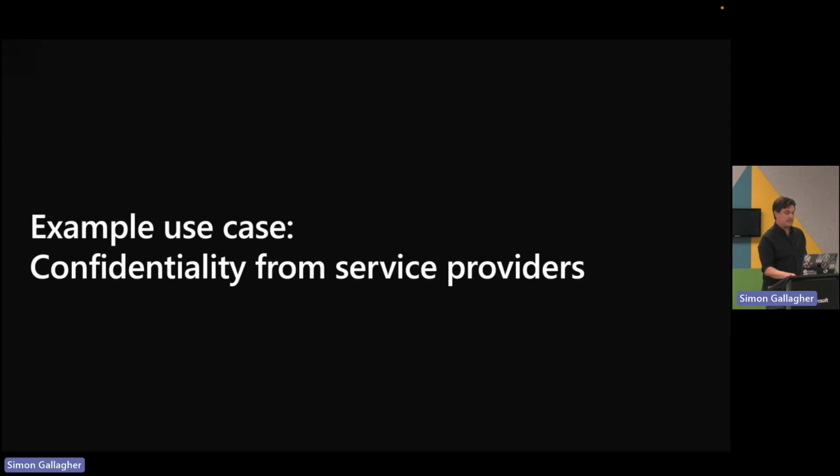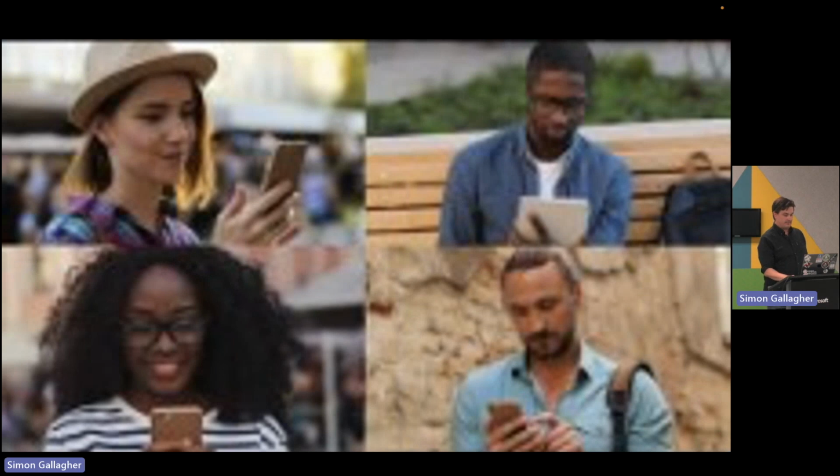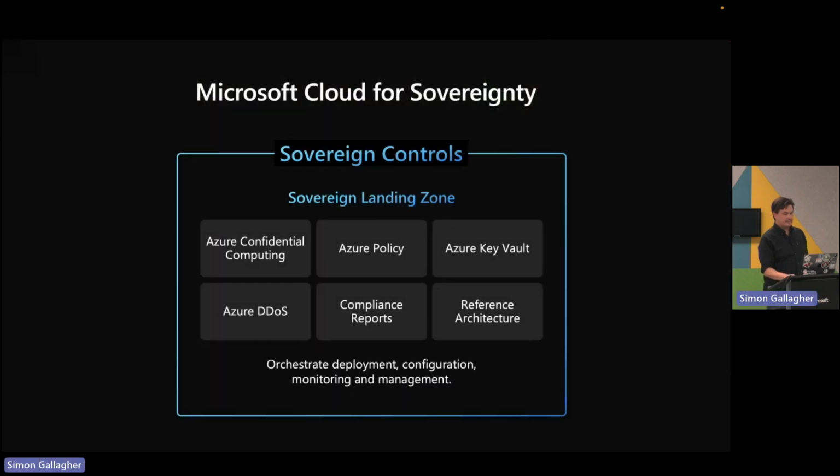This plays into what we were talking about earlier. So Cloud for Sovereignty is an industry cloud program from Microsoft. It's really about taking standard Azure technology and providing usable elements to government entities. We're doing a lot of work with some EU governments, where they're able to define these sovereign landing zones. This is a combination of confidential compute wrapped with Azure Policy, key vaults and reference architectures,